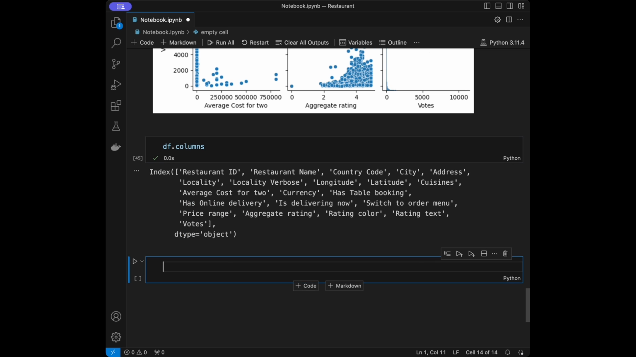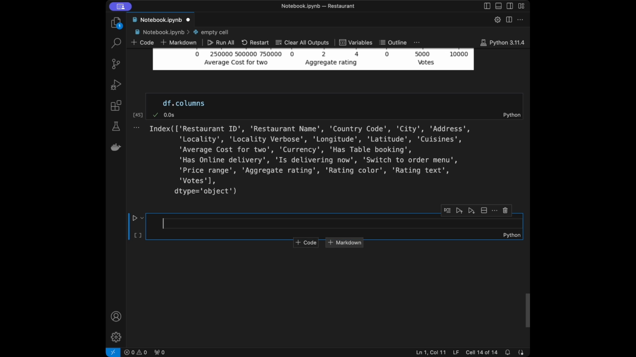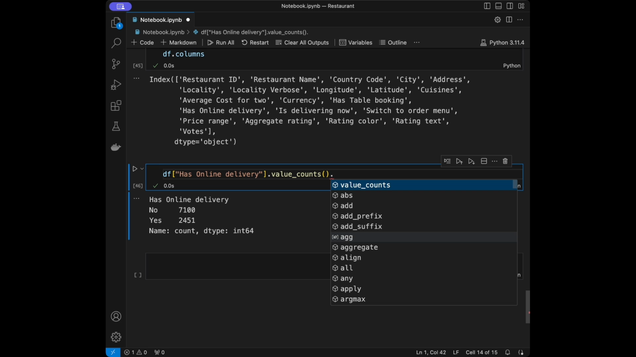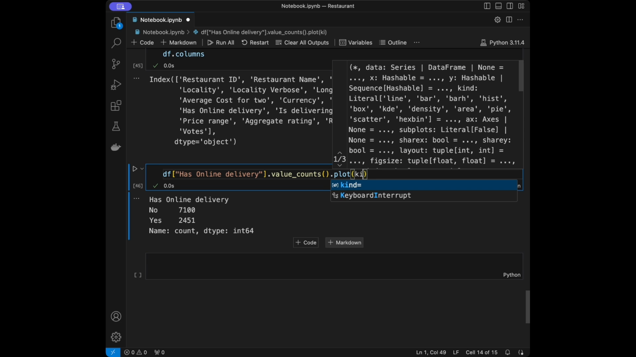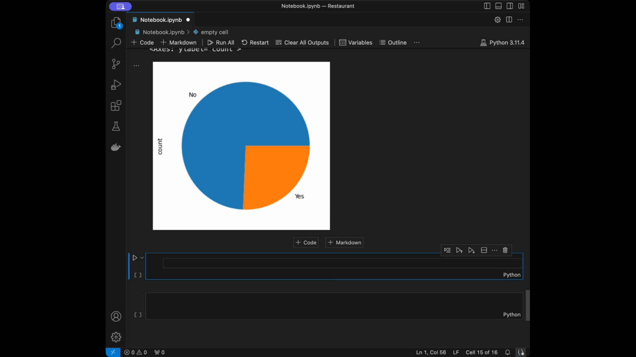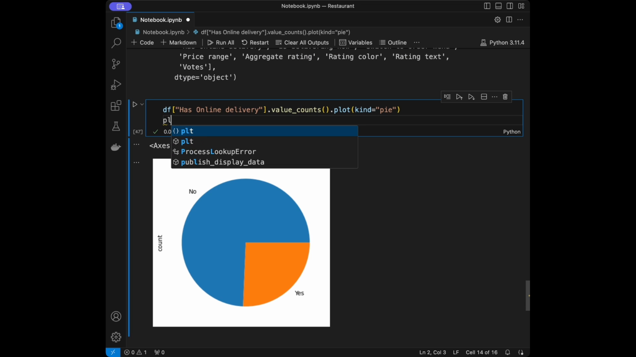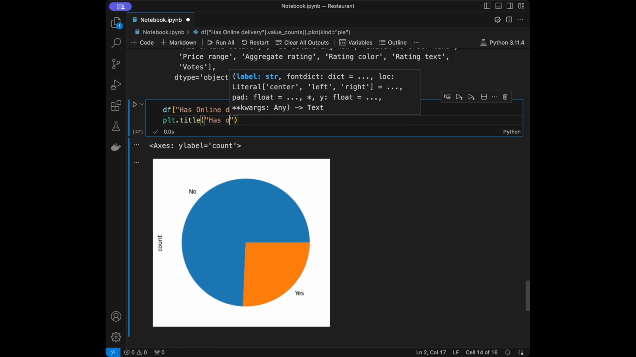Let's see, I'm going to re-record when I think of something. We can get the count of the restaurants offering online delivery. What we can do is I'm going to say data frame has online delivery, and I will say value counts. So we have mostly no. We can also create a chart from this, like I will say plot kind pie like this, and we can see no, yes. We can just do plt.title has online